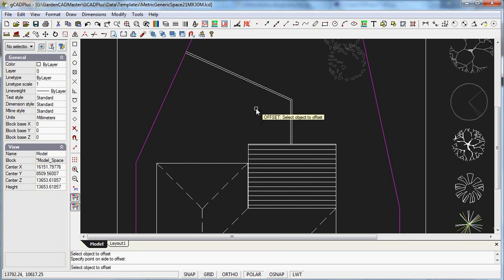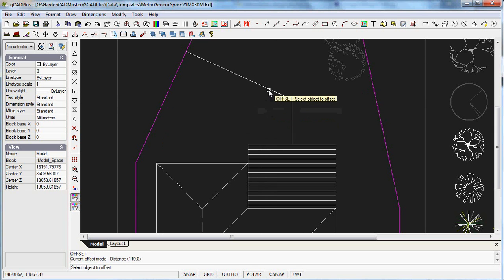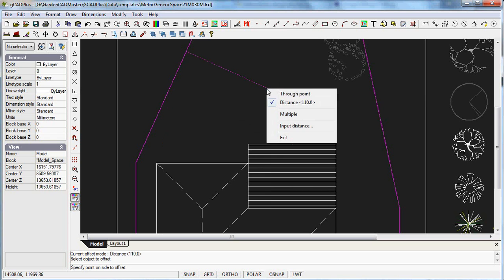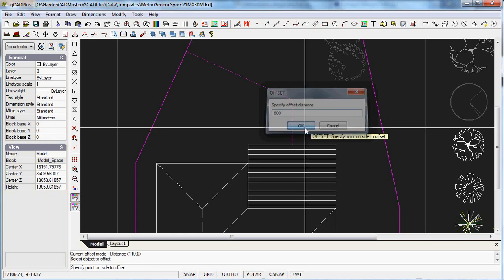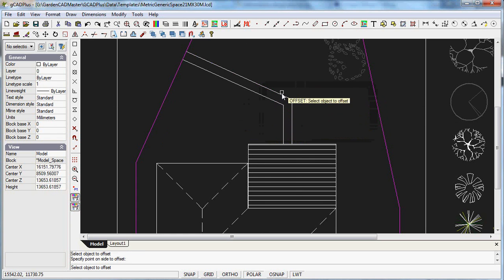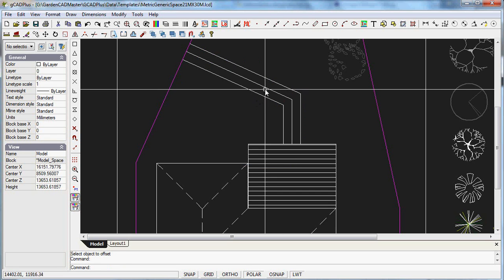line, and you notice that I got a very small offset, so I can undo that and repeat the offset command, pick the object to offset, then right click, which enables me to input a distance. So I'd like 1200 millimeter wide path, so I need a 600 offset for one side, so we go OK and do that, and then pick the center of the polyline again and right click to finish, and we'll get